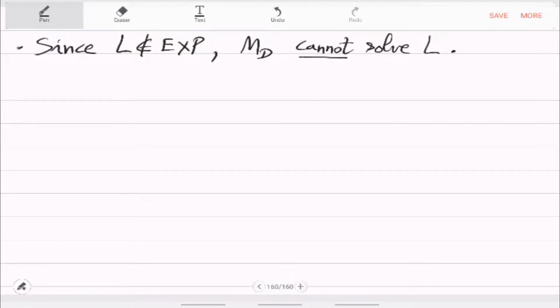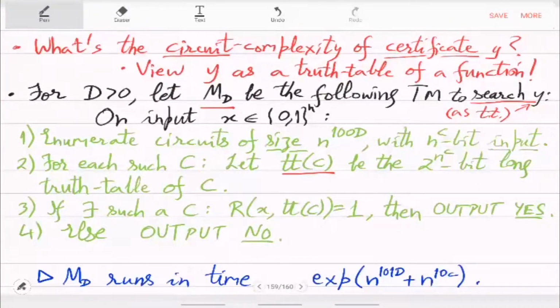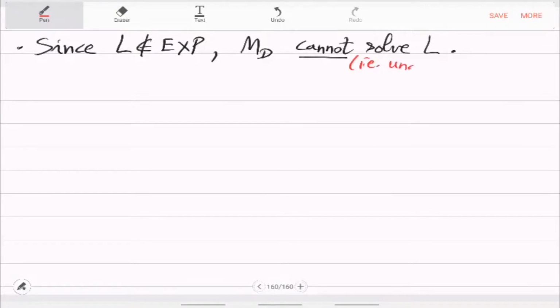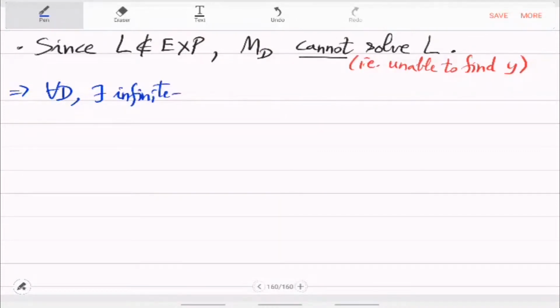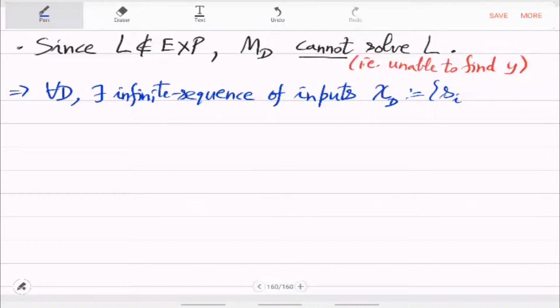For any constant d, MD will not be able to solve L, which means that MD will not be able to find y. So for all d, there exists an infinite sequence of inputs, let me call it chi d, on which MD will reject, MD will say no or 0, but